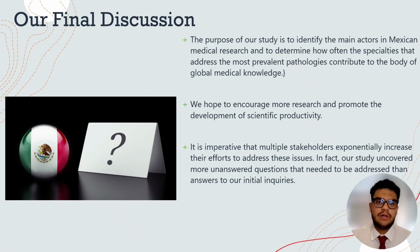Our final conclusion is that we consider our bibliometric analysis as a kind of Google Maps for research in the field of medicine, just like a web mapping platform. This tool provides a valuable aerial view of medical research, which can be highly beneficial for policymakers in identifying neglected areas. The value of bibliometric analysis for a specific country, as explored in the study, needs to be examined in greater detail. This involves examining how hospitals interact, which specialties are producing knowledge,